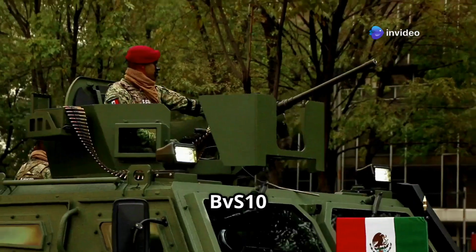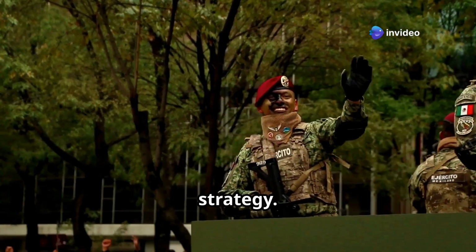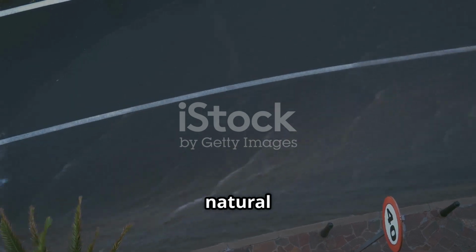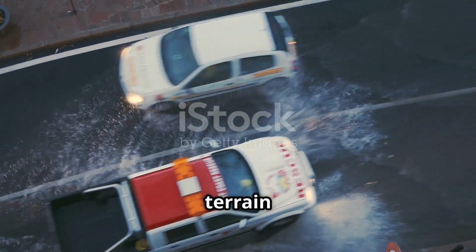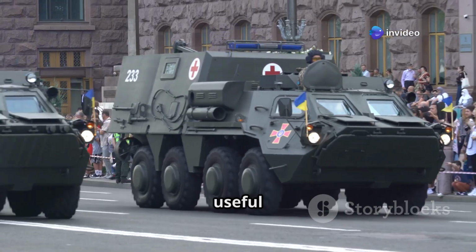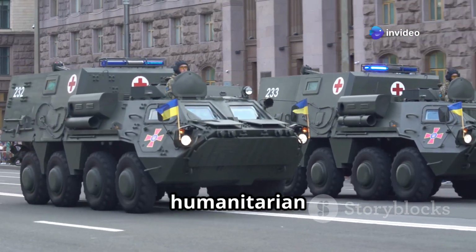Italy's adoption of the BvS10 also fits into a wider European security strategy. With rising concerns over climate change, countries are facing more natural disasters, floods, and harsh terrain operations. Military vehicles like the BvS10 are not just useful for combat, but also for civil defense, disaster relief, and humanitarian